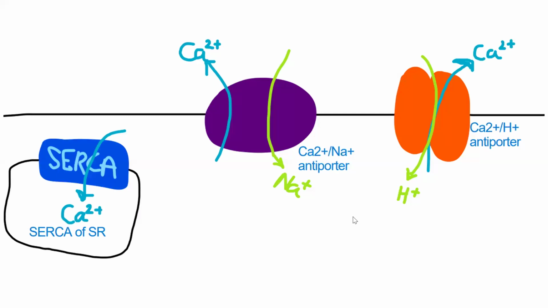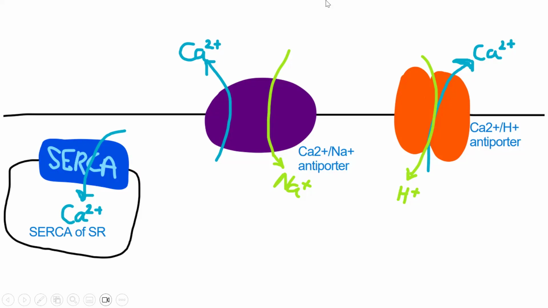We are done with how the muscle itself contracts. Let's see how it relaxes. We already said it's a balance between MLCP and MLCK, but it is also about calcium. Calcium initiates everything. So we want to relax the muscle completely. We don't want calcium to bind to calmodulin, and we don't want the contraction to happen. What we need to do is put calcium inside the sarcoplasmic reticulum again,